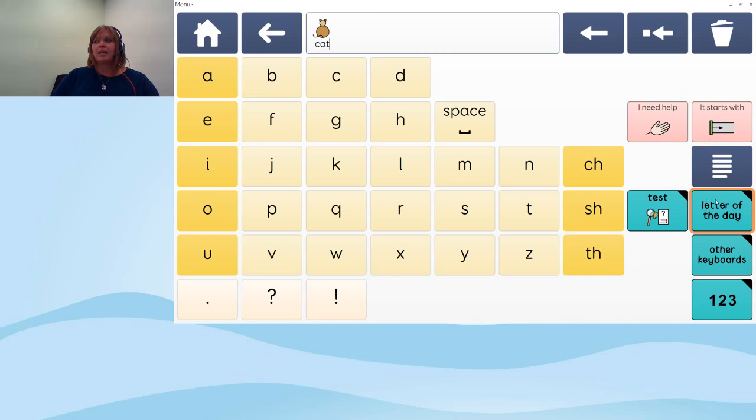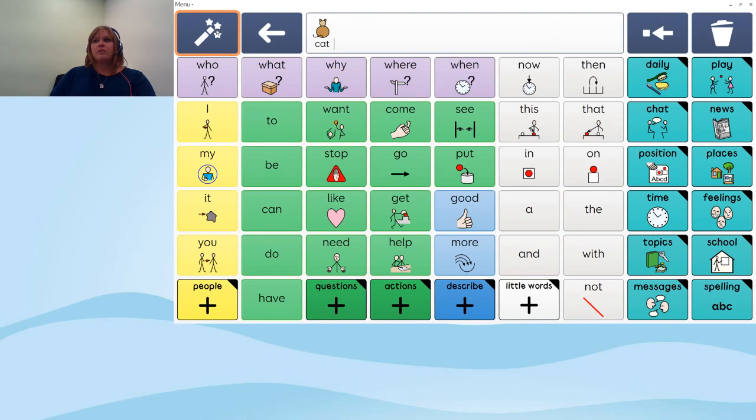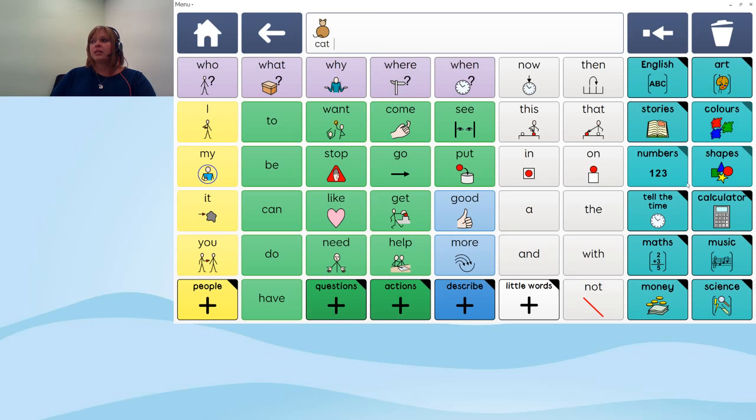There's other supports like letter of the day in here as well that you can edit according to what the learner's working on at any given point in time. So Cat. The other fun thing in here that I just wanted to draw your attention to that will help support literacy is if I go into the school grid and I go into stories,